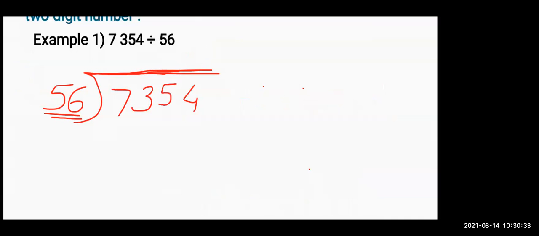See now, 56. Now the table of 56, you people don't know. So I told you to make a working column. Now in the working column, you will write the table of 56. First, the main thing, you are going to write down the table of whichever number they have asked you. Now in the working column, you will write 56 ones. Now 56 ones is 56 only.